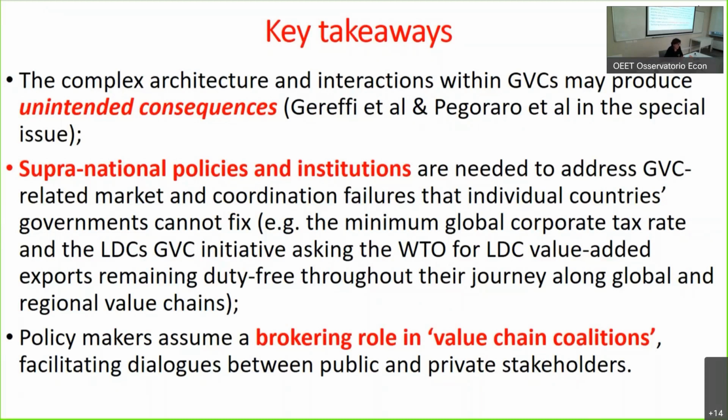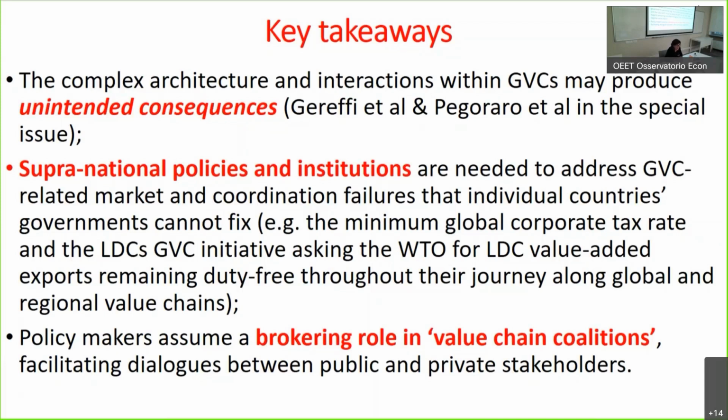The second dimension I would like to emphasize is the role of supranational policies and institutions. Within GVC, there are clearly some coordination failures and some objectives which cannot be fixed by a single government or by a single country. And just to give an example, there is the recent minimum global corporate tax rate, which has been